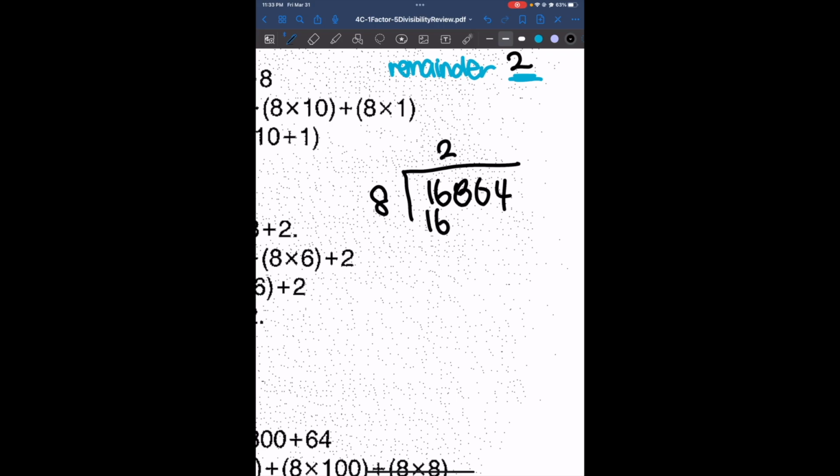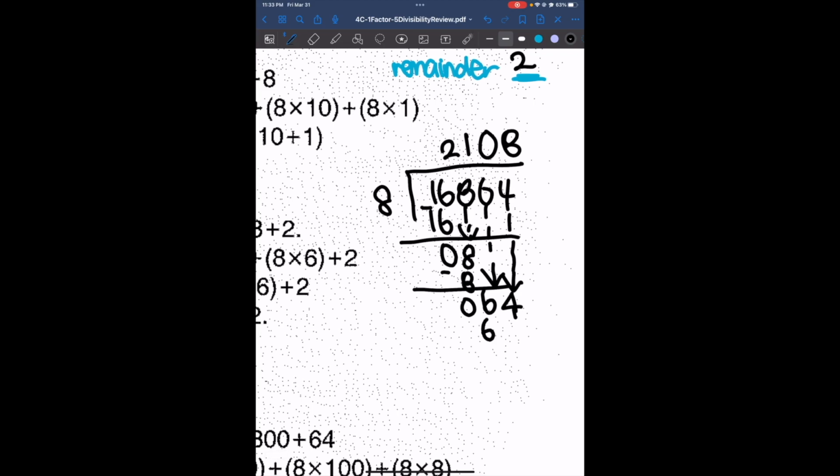So we're going to write 16. Bring down the 8. Now 8 can go into 8 once. Bring down the 6. 8 can go into 6 0 times since 8 is greater than 6. So we're going to write out the 0. Then bring down the 4. 8 can go into 64 8 times. And so 16,864 divided by 8 is going to be